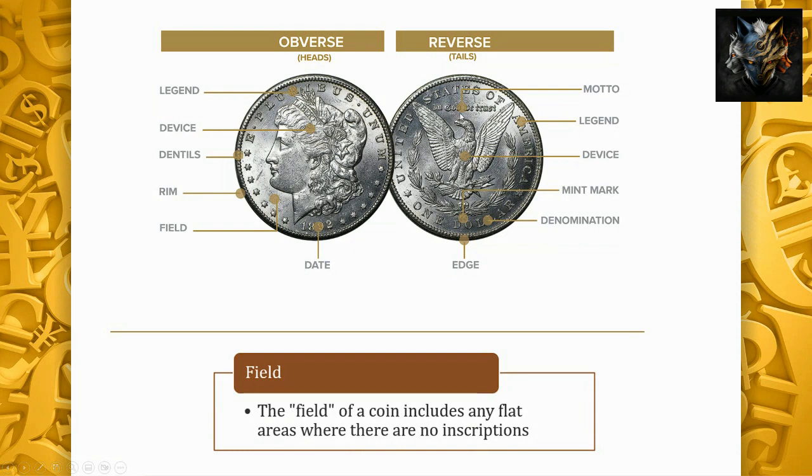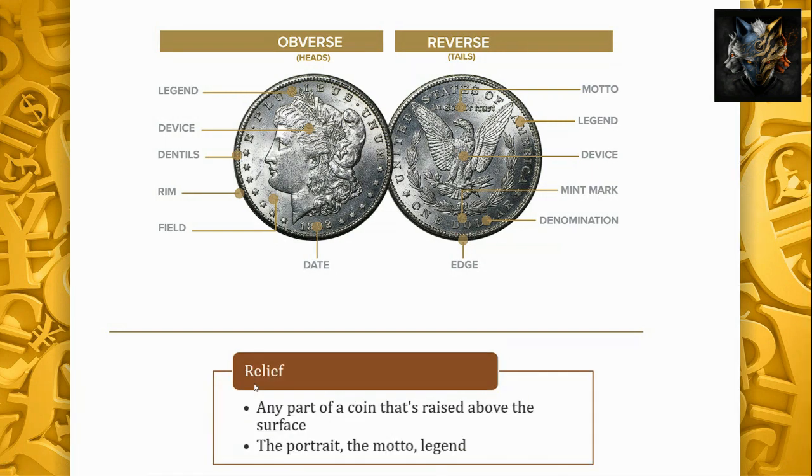That is a blank part of the planchette. This is where no device, no legend, no motto, where nothing is. All of that blank space is called the field. Okay. The relief is just the opposite of the field, and that is any point that is raised above the